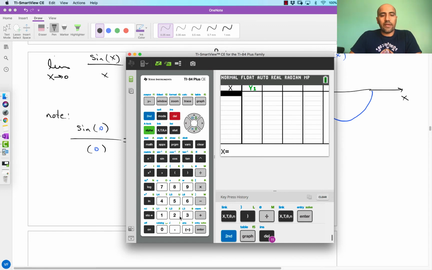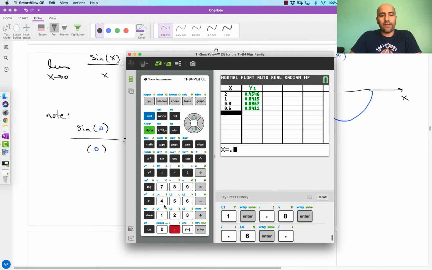So let's plug in a 2, for example, plug in a 1, plug in a 0.8, plug in a 0.6, plug in a 0.4, plug in a 0.2, plug in a 0.1, a 0.01. Oh, okay, well, it looks like it's a solid 1 there at that point, but that's because